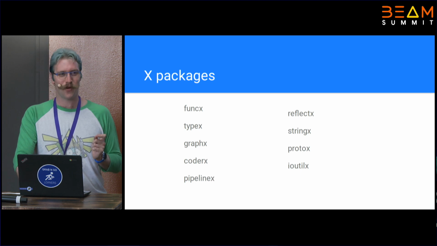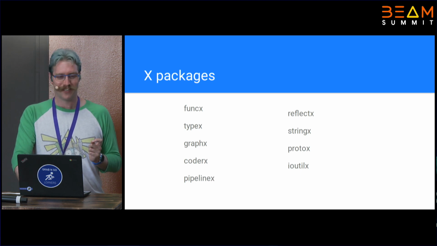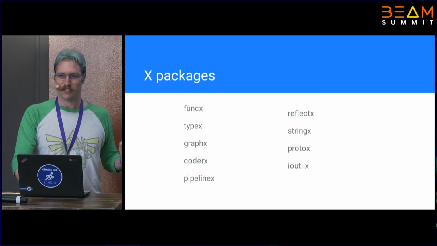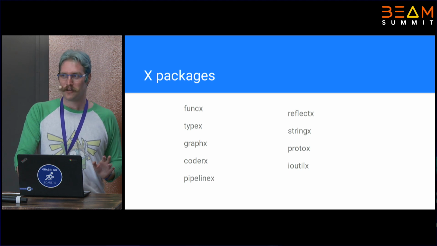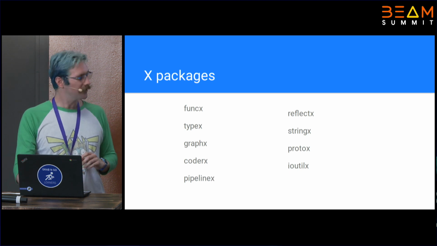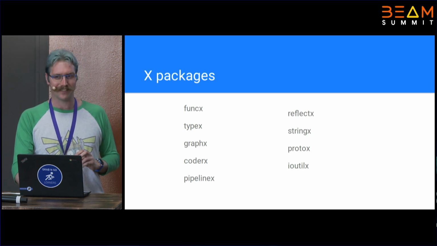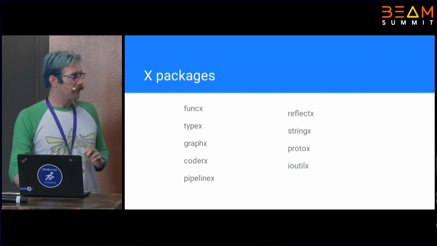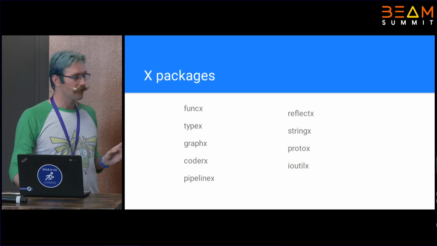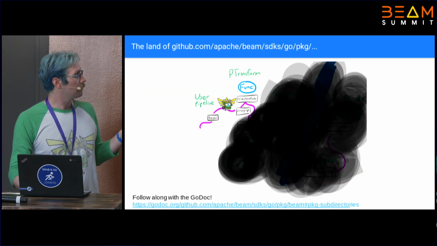A recent line count of the Beam repo indicated that there's nearly 100,000 lines of the Go SDK, and we're not covering nearly that much. I would say about 40% of that is generated code that will probably get deleted. So the SDK is actually relatively small, and there's only 20 odd packages within the SDK itself. We're only going to be covering a handful of them in our little map here,